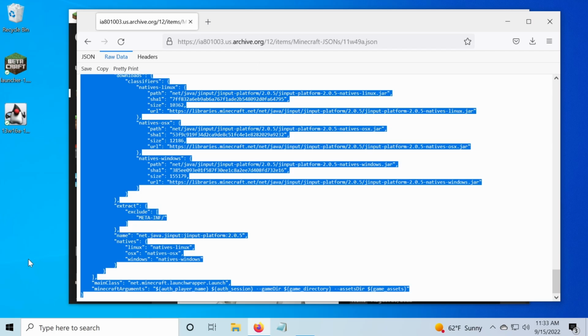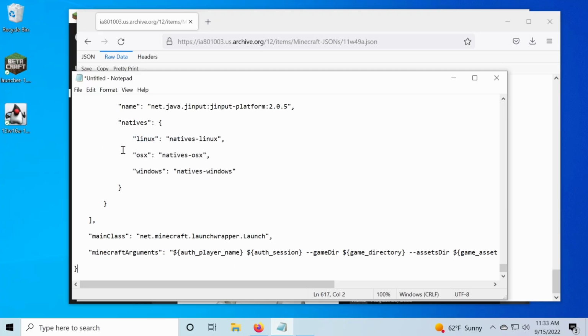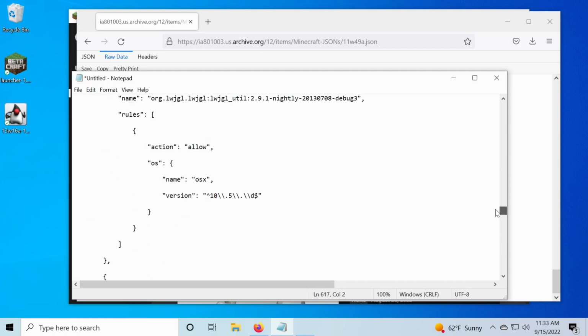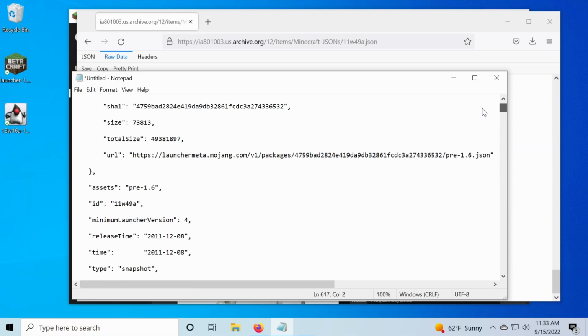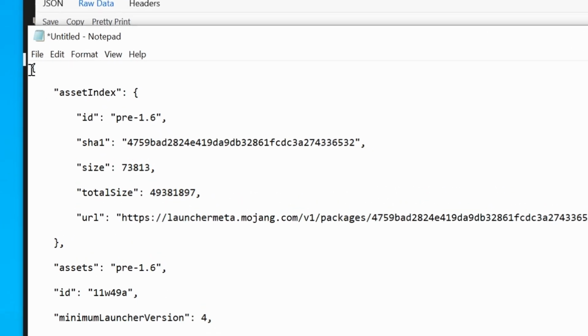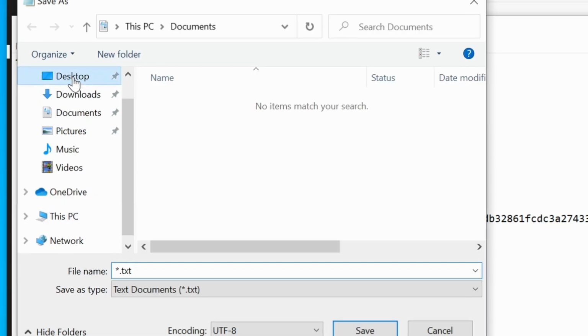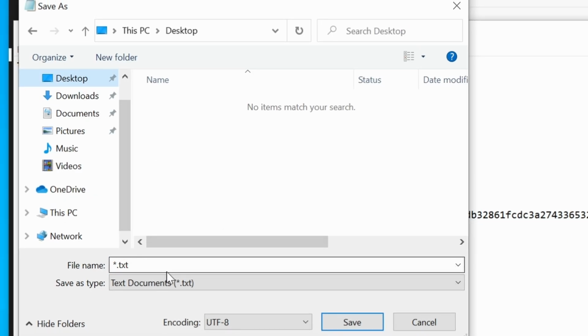And then you're going to open a text editor and you're going to paste everything in here. So this will show everything that we need. Perfect. And we're going to come back to this later, but what we're going to do is click File, Save As. I'm going to save it on the desktop,